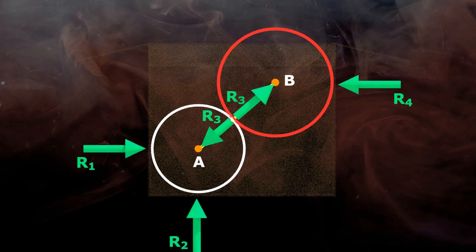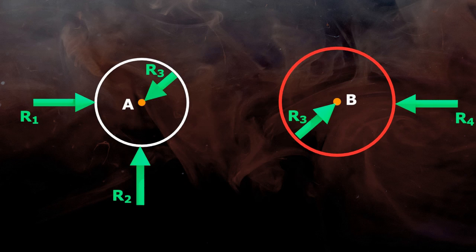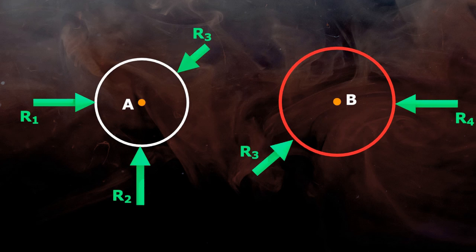So these are the support reactions acting on spheres. Let's free both spheres from all supports and replace the supports by reactions. Now, apart from support reactions, one more force acts on the object, and that is self-weight. Self-weight of an object always acts in the vertically downward direction through the center of gravity.